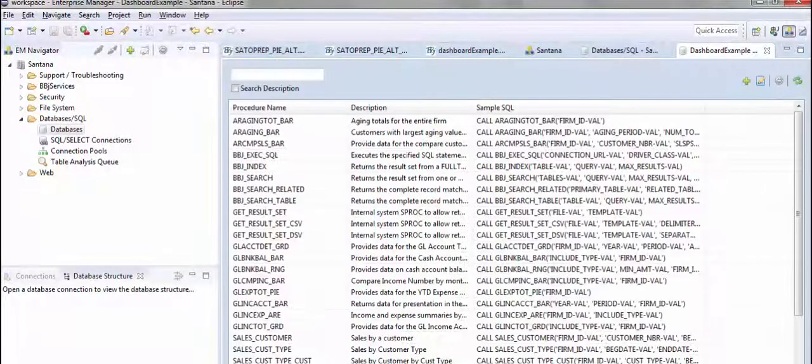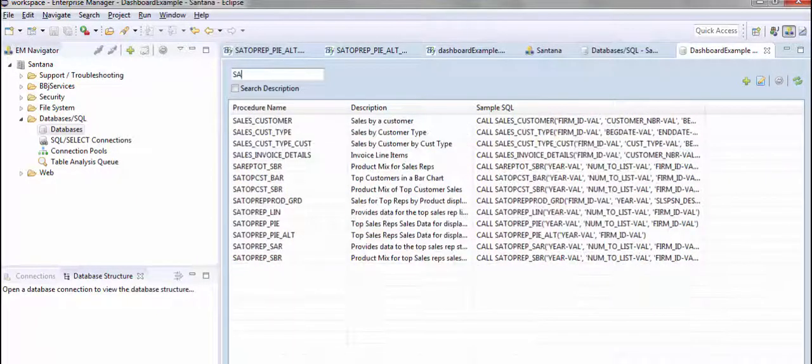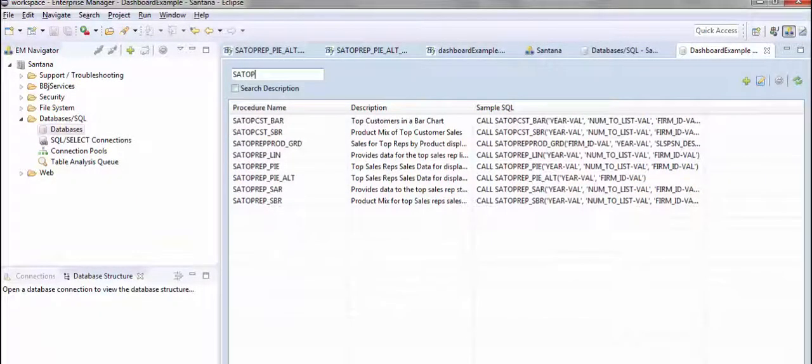We'll browse the list until we see the Sado Prep Pi Alt SPROC, and then click in the Sample as SQL column to get the SQL call template. We'll copy it out